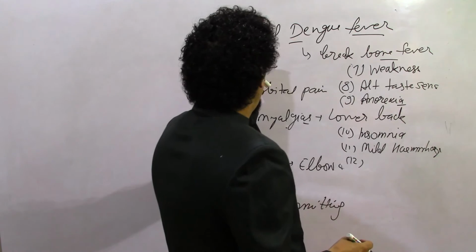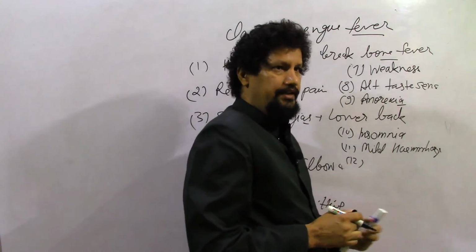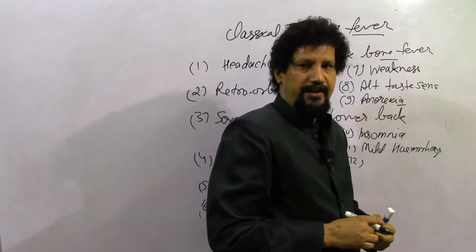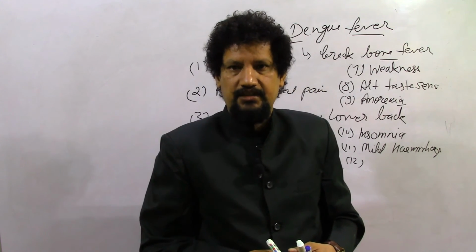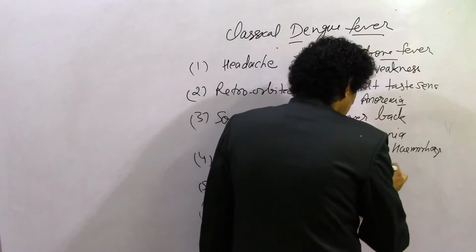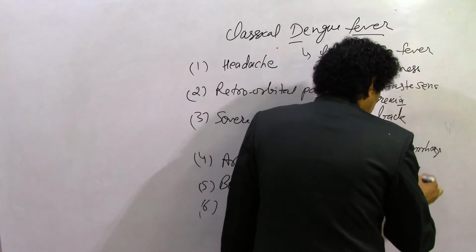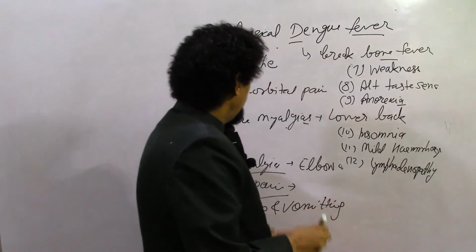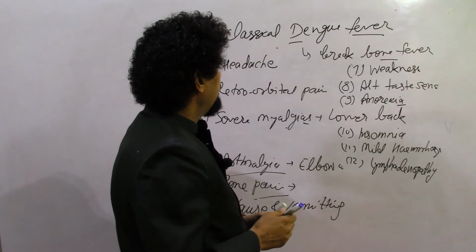In classic dengue fever, there is only mild hemorrhage. When this hemorrhage becomes moderate and severe, this form of disease is known as dengue hemorrhagic fever. And the lymphadenopathy, so these are the signs and symptoms of the dengue classic fever.